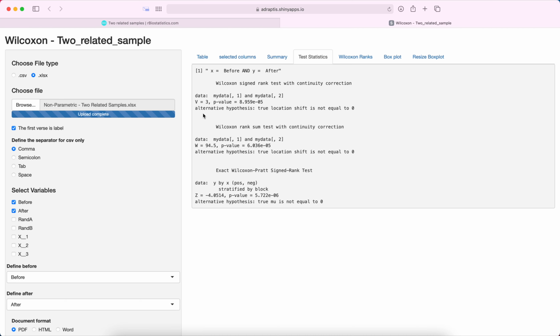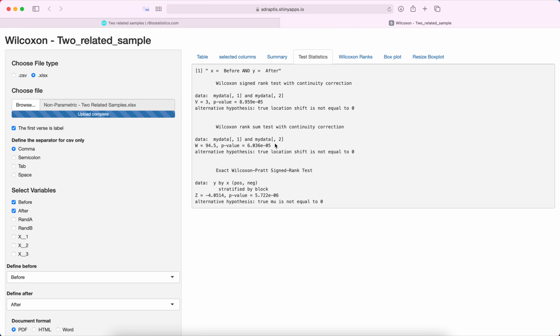So, just briefly, the V statistic is the sum of signed ranks, and this is similar to the W statistic. And the Z statistic is a conversion of the W value into a Z score, which uses an approximation of a normal distribution. So this is the Wilcoxon's practice that uses a Z score. We're going to use the Wilcoxon's rank sum test, and that's our W statistic standing for Wilcoxon,